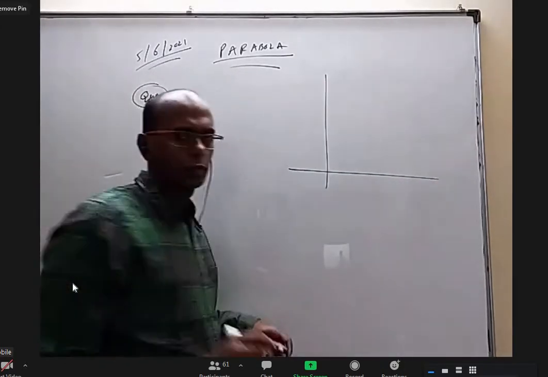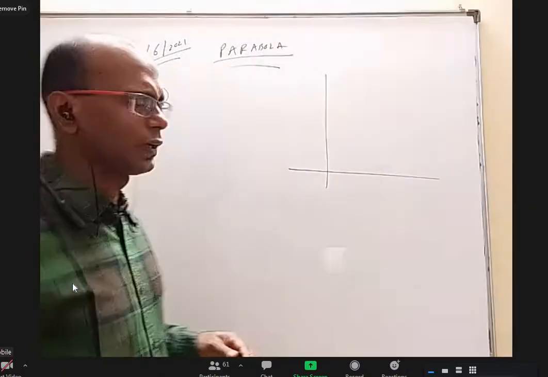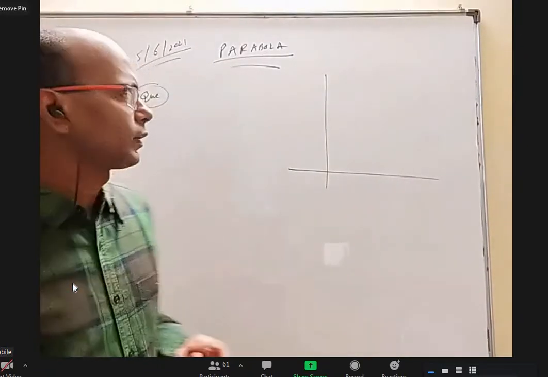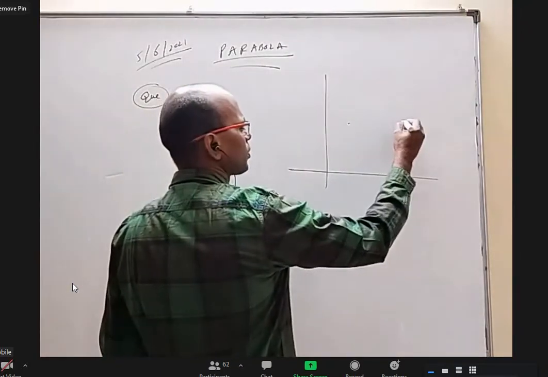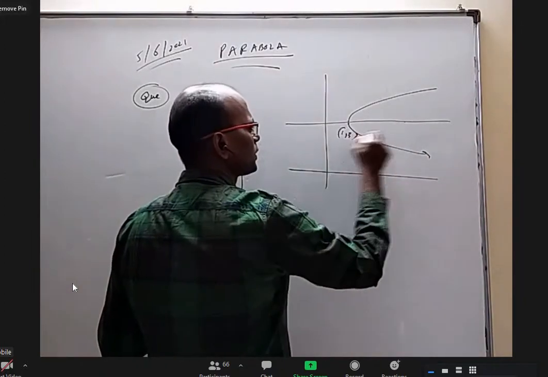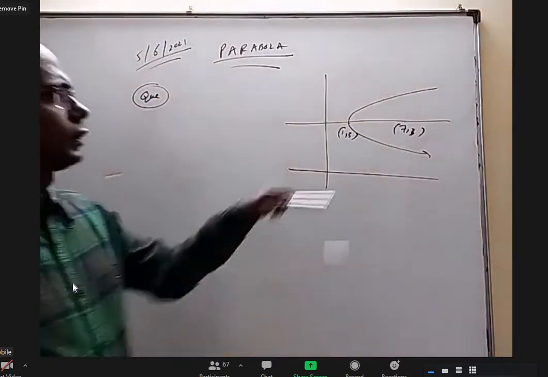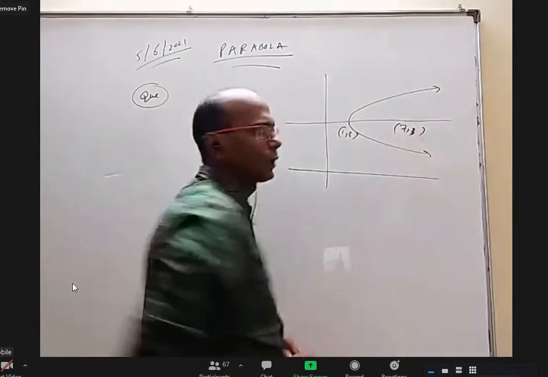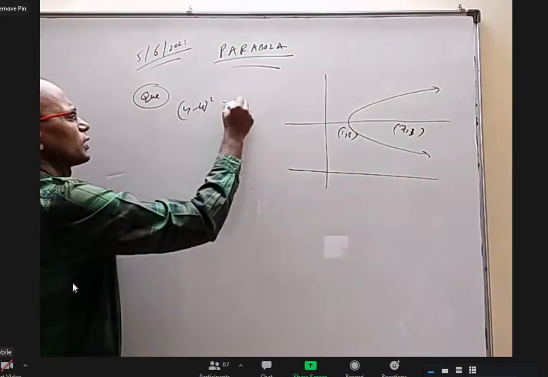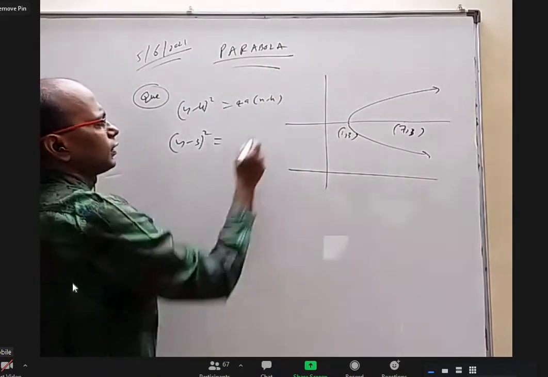Okay. So now you have to understand, first of all, is it a parabola whose axis is parallel to the x-axis or y-axis? What is common to these two points, y coordinate or x coordinate? Y coordinate. Because the y coordinate is the same, they are lying on the same horizontal line, like this, where this is (1, 3), this is (7, 3). Now, if I want to find this parabola equation, because the vertex is (h, k), I can directly say it will be in the form (y minus k) whole squared equals 4a times (x minus h), which is (y minus 3) whole squared times (x minus 1).